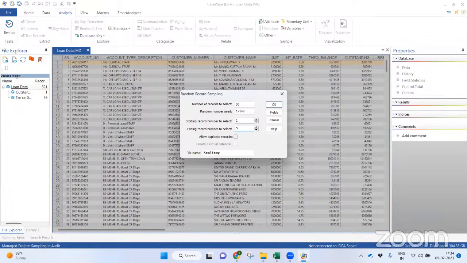Okay, so that's the reason. Let me take till the end. If you want specifically from the first 100 transactions, you can still do that. Whenever you click allow duplicate records, you can do that. Otherwise, you can uncheck. Generally, it is unchecked by default, because there is no meaning of having the same record 2 times